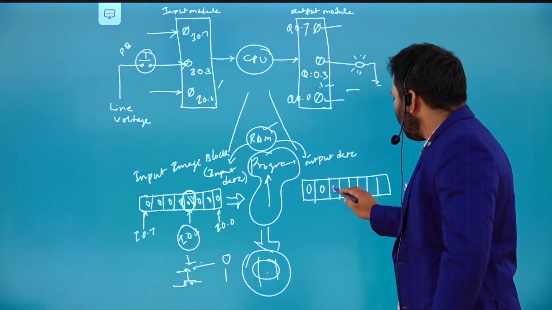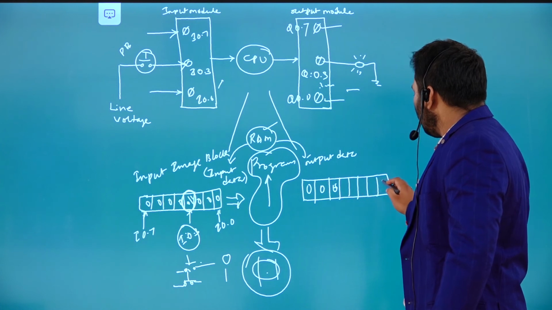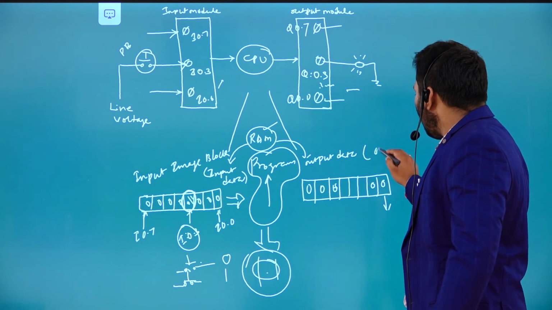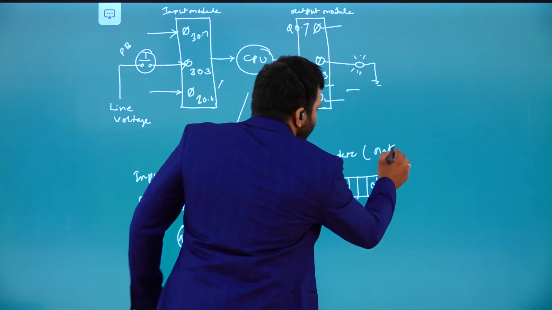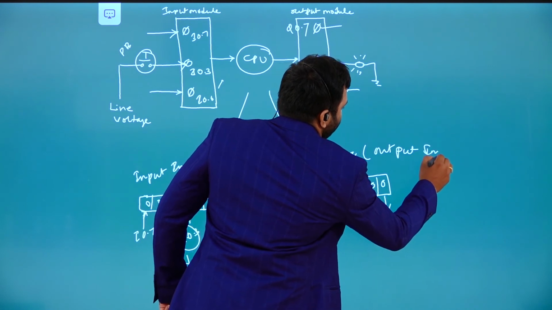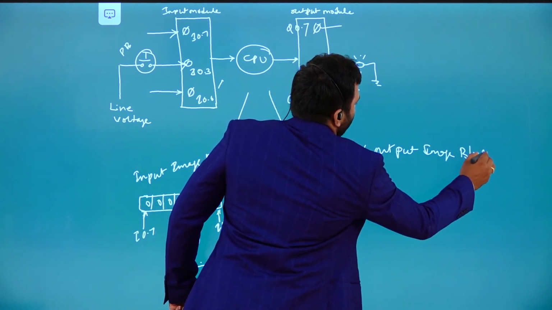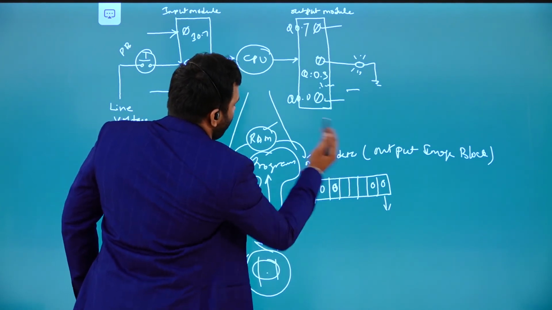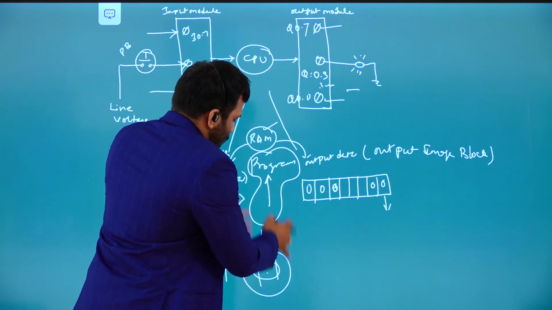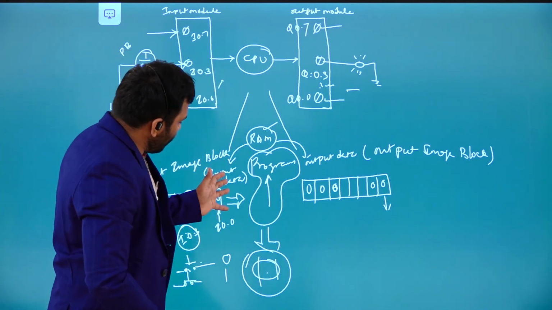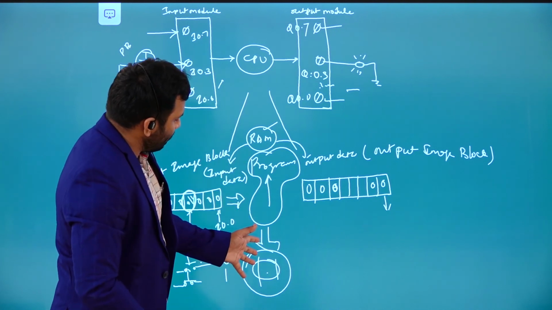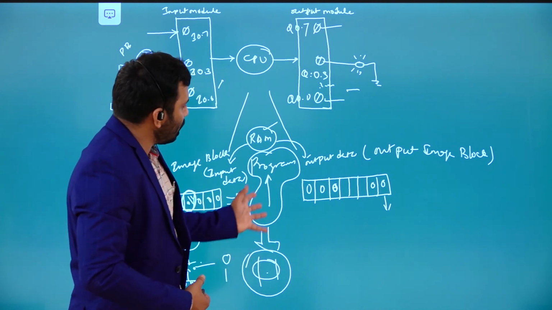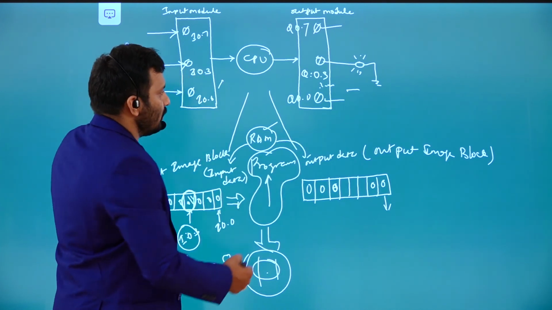For example, this is going to be updated like this. What is this bit? This is the output image block data. This data is going to be updated based on the program execution on the input data. The input data acts like input to the user program. We need to write it according to our task. Once it is executed, it is going to update the output image block.